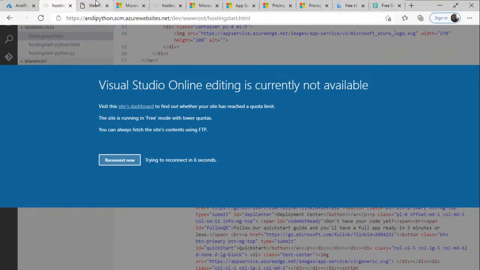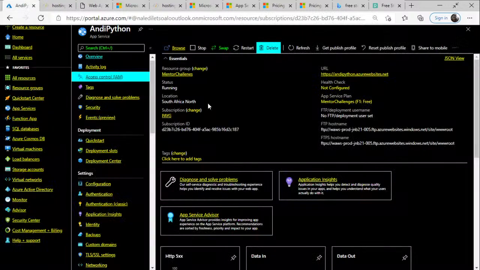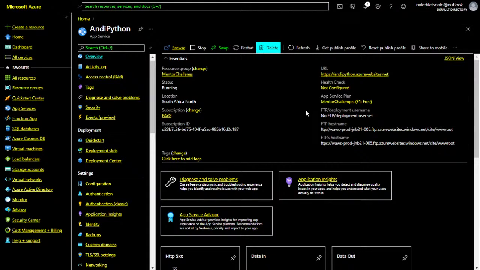Oh, yeah, Visual Studio Online is currently not available. That's okay. All right, so you should have at least created one out of the 4 websites that are required. And you should also know roughly how to edit some of the things. Please don't be afraid.